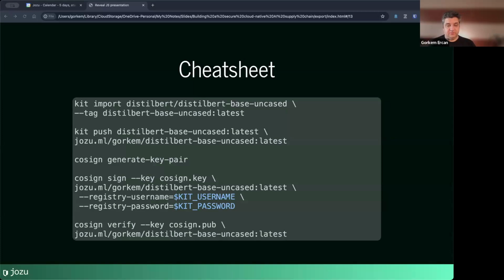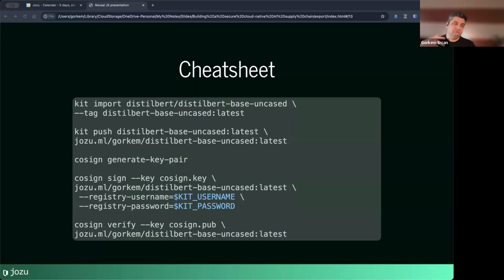The one thing that you will have to do, which I haven't done here, is the Kit login command. You need to log into your registry. If you're familiar with Docker login, it works the same way.